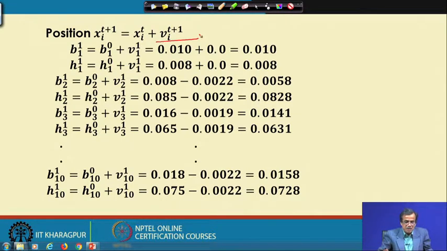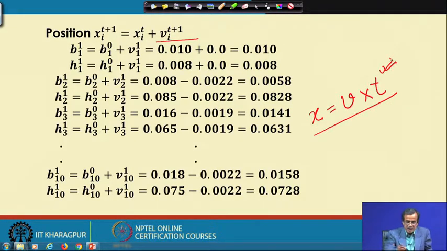Once I know the velocity, I can find the position using the expression position x equals velocity v multiplied by time, x = vt. Here t is nothing but the number of iterations. So, truly speaking, this is multiplied by 1, because I am trying to find out what will happen to the position in the next iteration.